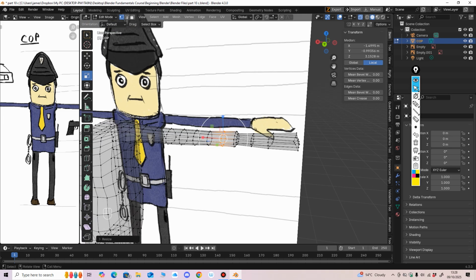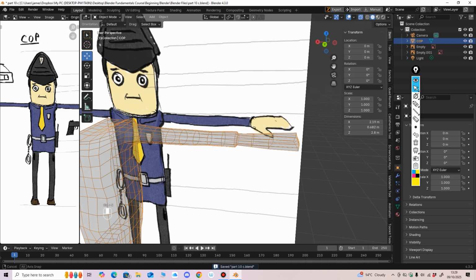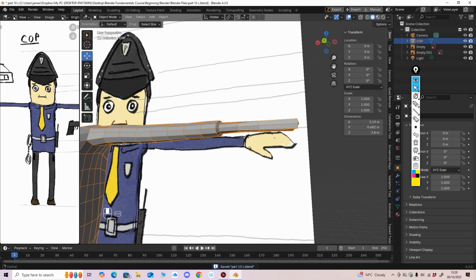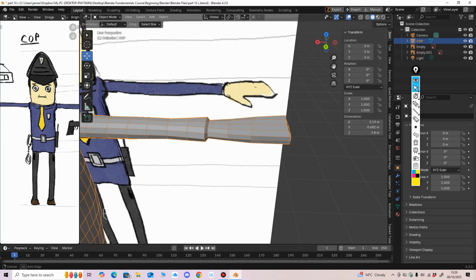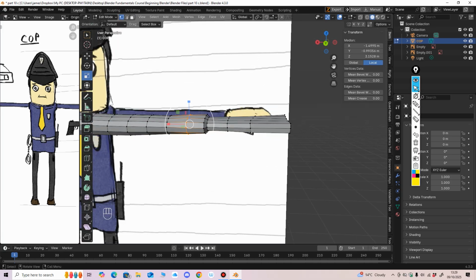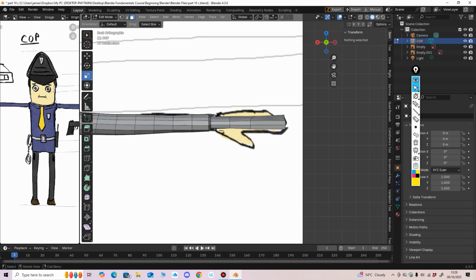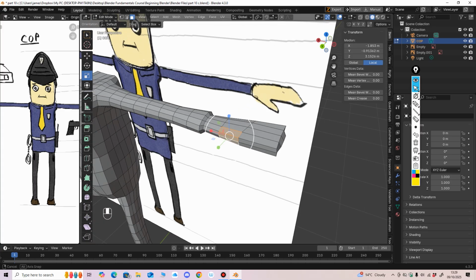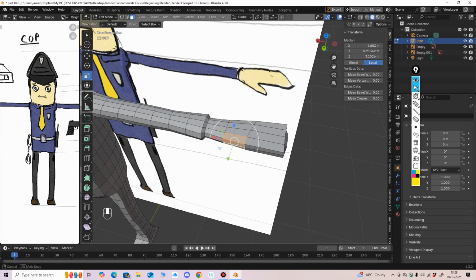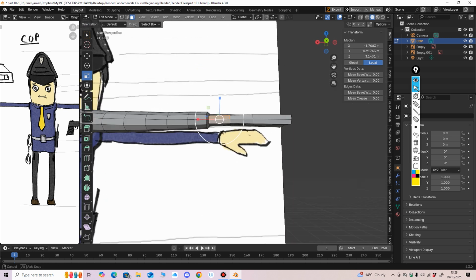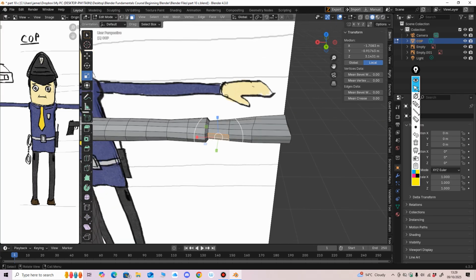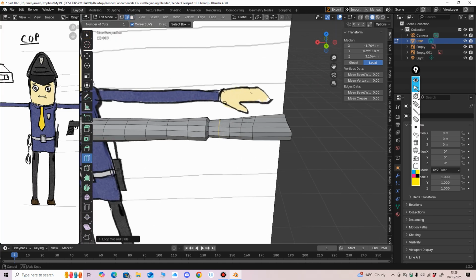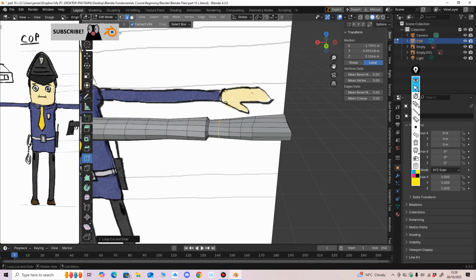So what we're going to do for the hand, well, let's Control S to start with. So we need a thumb. So what we could do, edit mode, face. Should we try these three? Or would these three be better? Or these? Let's add another loop cut there and there. I think what we'll do